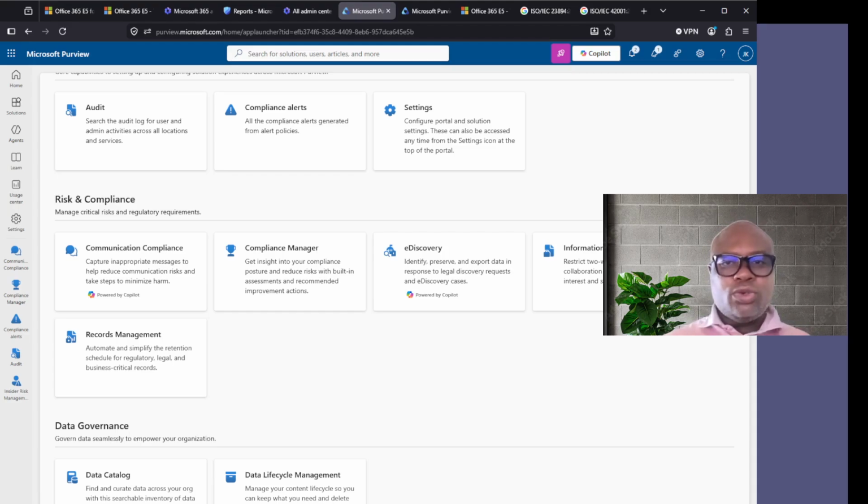HIPAA, ISO controls, and industry-specific frameworks for financial services, healthcare, and government. You add an assessment. Compliance Manager maps it to specific controls and gives you a score that reflects your current implementation status. The improvement